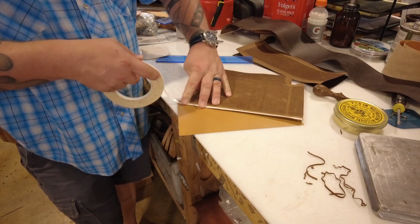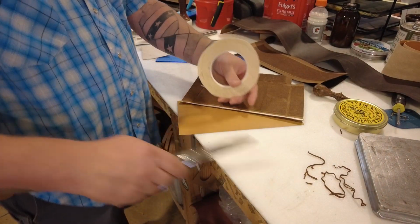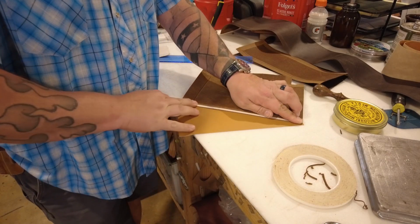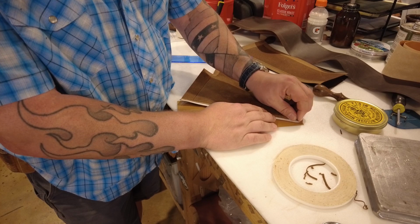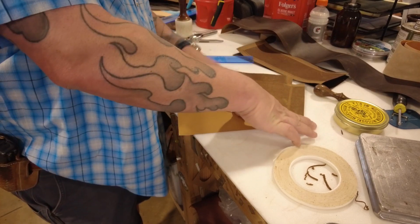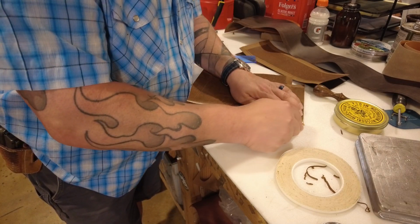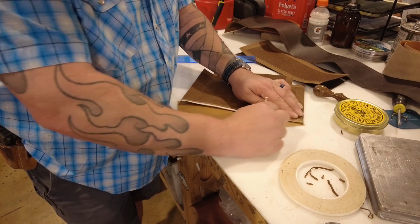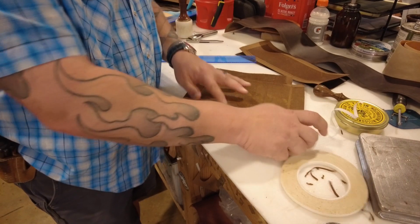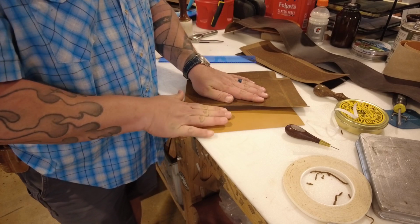The problem when you're using tape and it doesn't want to stick is even trying to get the paper off the back of the tape just pulls the tape off the leather, so it can be an issue, like it's being right now. There we go. I'm going to fold this over just even with the top of that skive and stick it